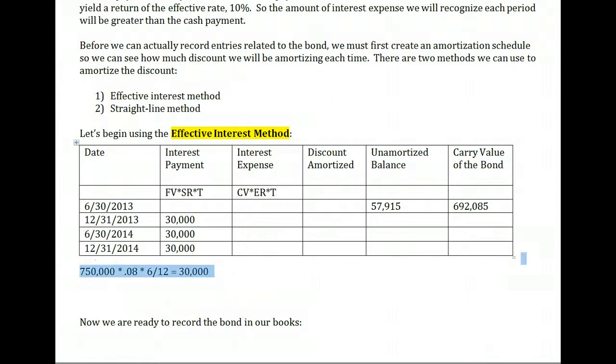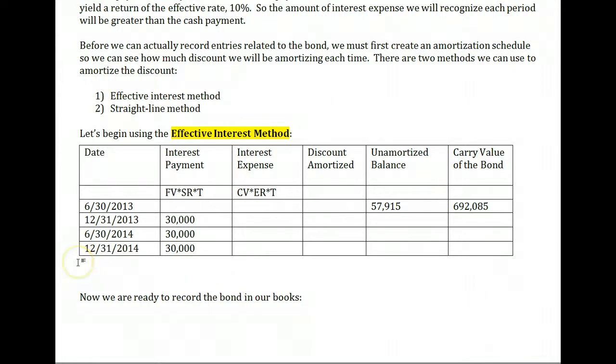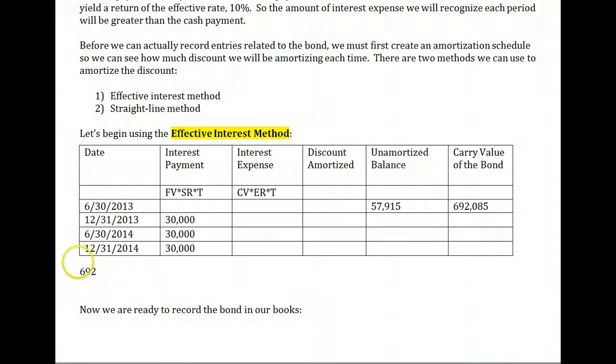So in this case, we're going to take a carry value of $692,085. We're going to multiply that by the effective rate of 10% times 6 over 12. Again, if you want to do this in your head, you can take the 10% times 1/2, which would give you 5%. So basically, we're saying $692,085, and we're going to times that by our 5% rate. So that gives us